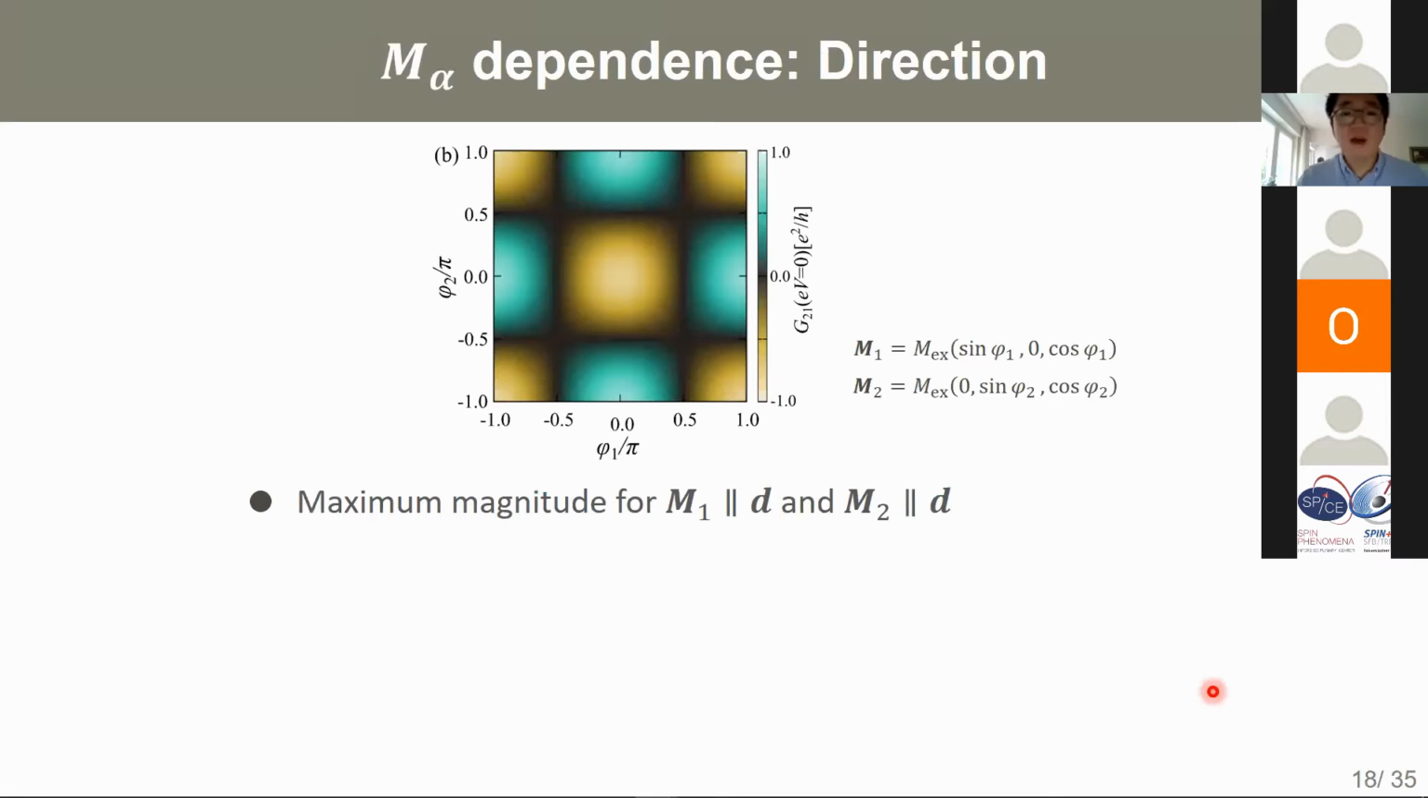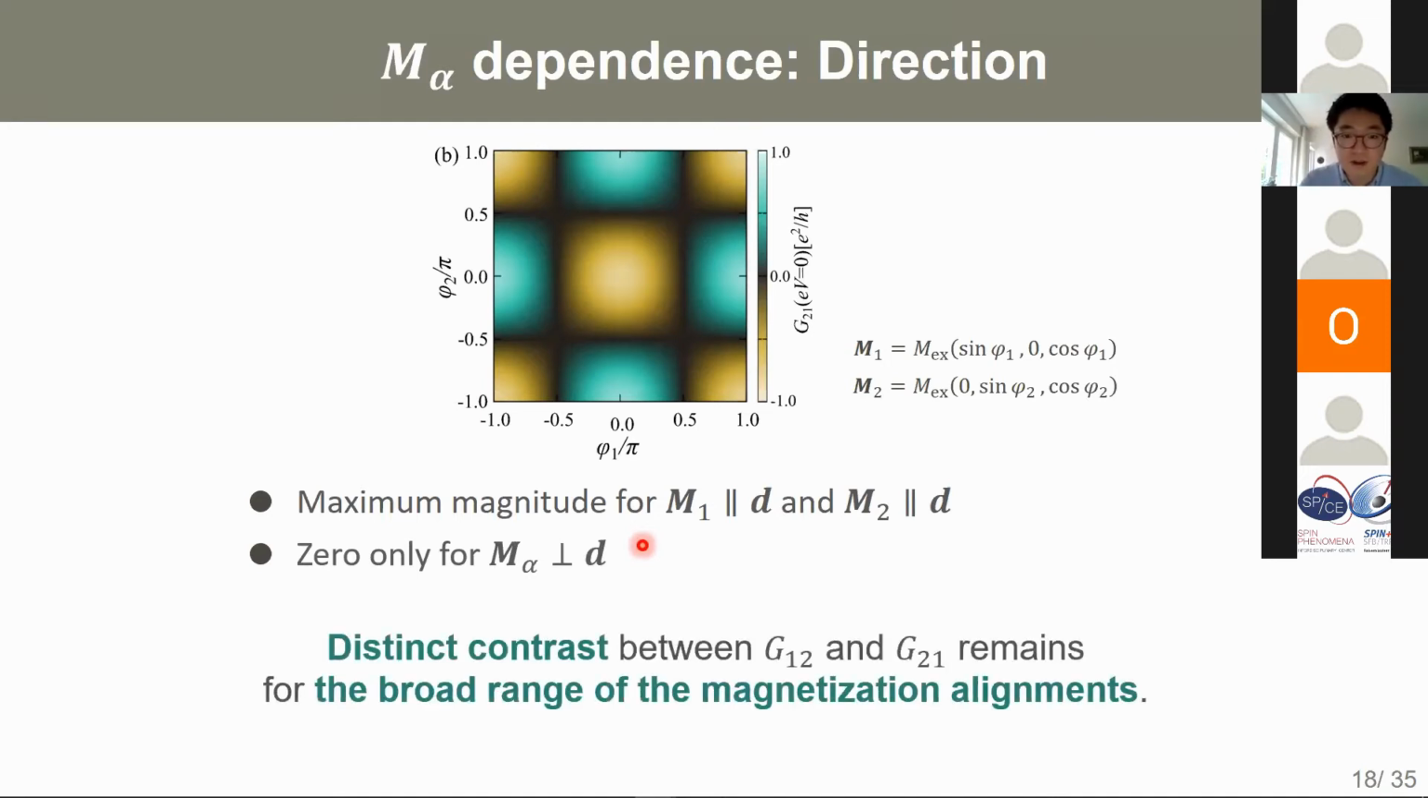And next, I want to talk about the direction dependence of the non-local conductance. This figure shows the non-local conductance with various magnetic moment alignments. The important message from this figure is simple. First, the maximum magnitude of the non-local conductance is obtained when the exchange potential is parallel or antiparallel to the d vector. But more importantly, the non-local conductance goes to 0 only when the exchange potential is perpendicular to the d vector. So the main message from this figure is that we can find distinct contrast between G12 and G21